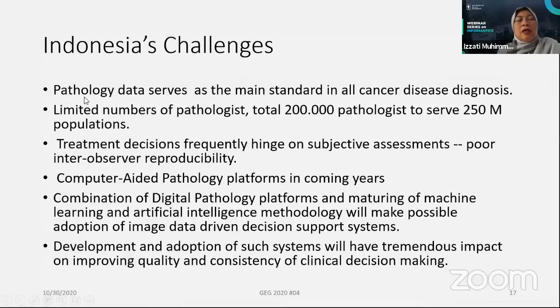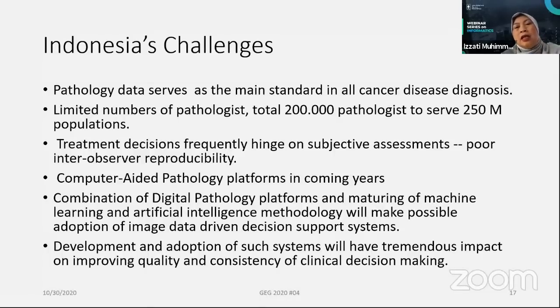Firstly, pathology data serve as the main standard in all cancer disease diagnosis. In other words, there are some examinations for cancer disease diagnosis. So I will give an illustration for breast cancer. To know whether a woman or a man has breast cancer, they may go to the